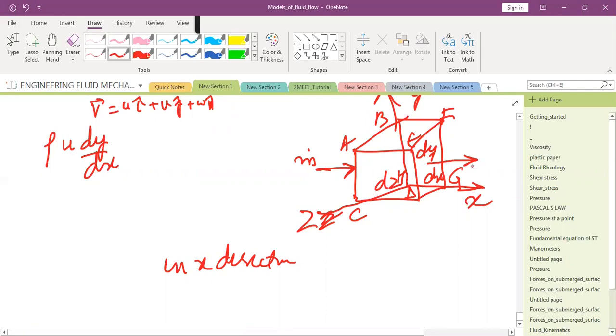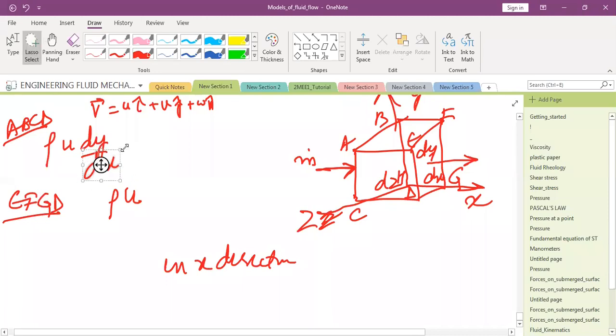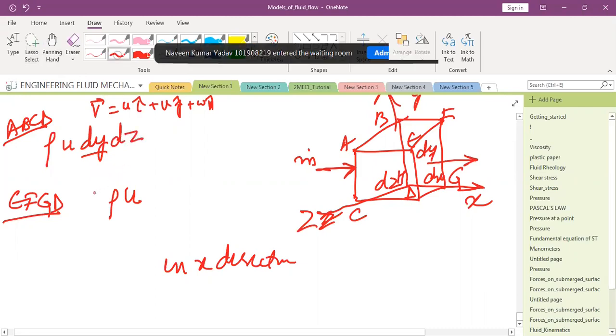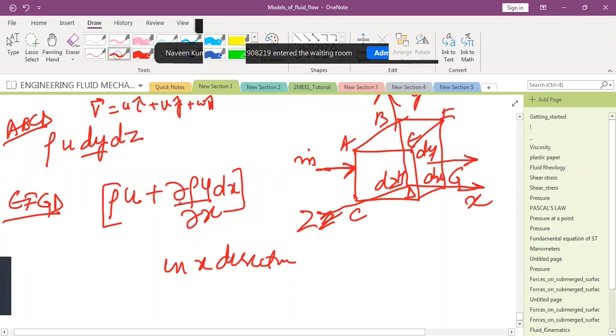एग्जिट किस रेट से कर रहा होगा मुझे पता नहीं, लेकिन मुझे ये पता है कि अगर कोई फंक्शन यहां पे है तो दिस वाज एट फेस ABCD, व्हाट विल बी एट फेस EFGD, क्या होगा, रो u dy इंटू dz आएगा, तो यहां पे EFGD में रो u प्लस करली रो u बाय करली x इंटू dx। किसी को कोई डाउट हो प्लीज आस्क मी। दिस इज द मास फ्लो रेट एट EFGD।